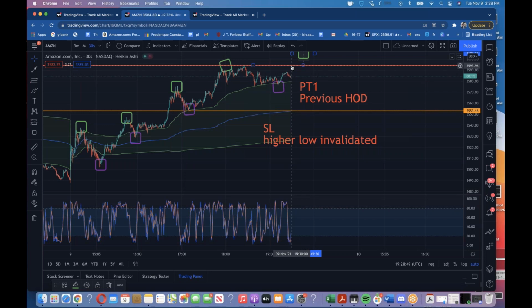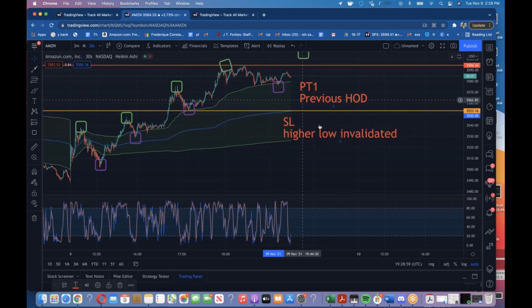And that's usually when you see a lot of profits, when you break out of that previous high of day and make a NHOD, or a new high of day. And for the stop loss, it's when the higher low would be invalidated. Which essentially would be, just like we were talking about,